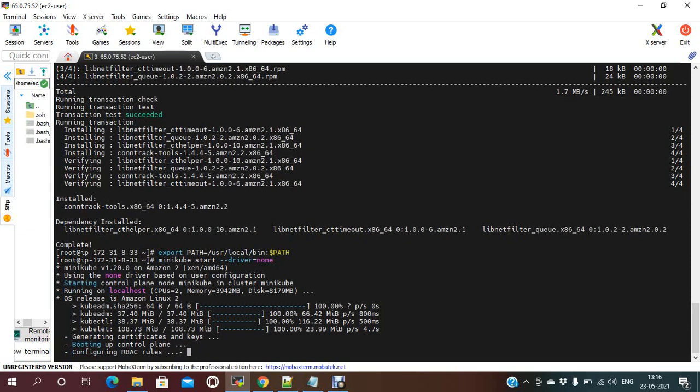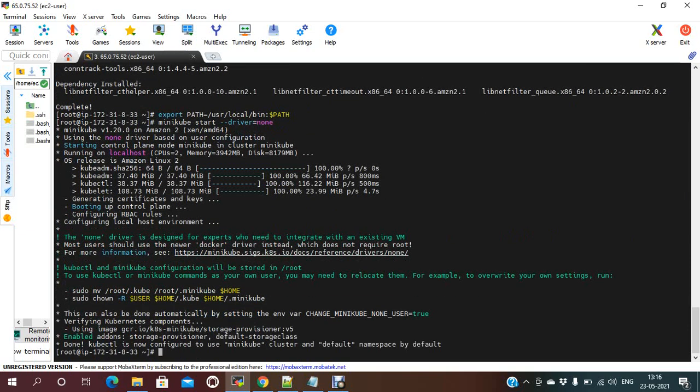Generating certificates and booting up your control plane. See, now done. Kubectl is now configured to the Minikube cluster and default namespace by default.